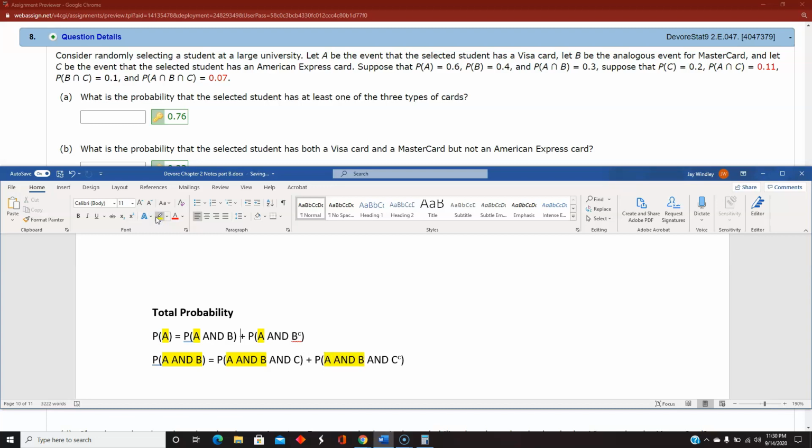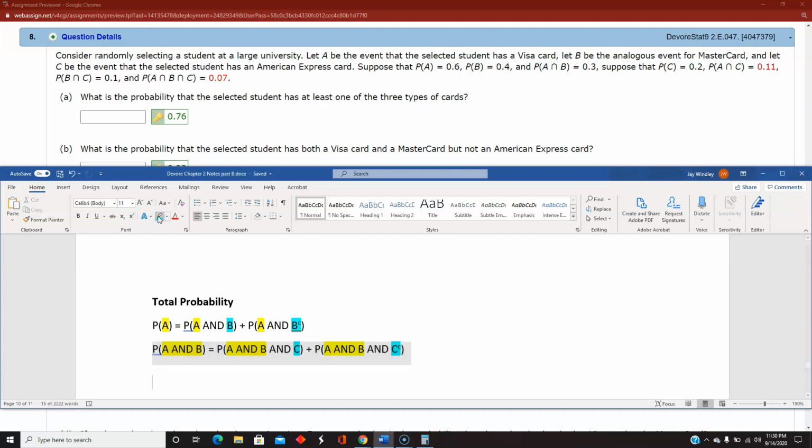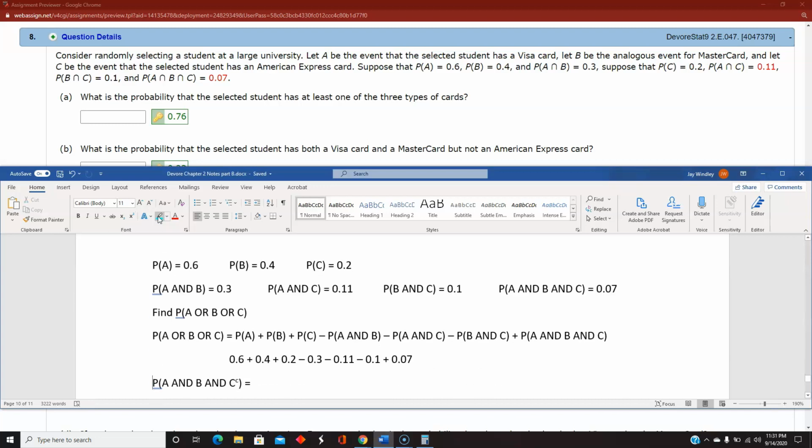And then where we have B up here, we're going to make that now this third event C. And then similarly, the B complement is going to be the C complement. Okay, so now what's interesting about this last line is